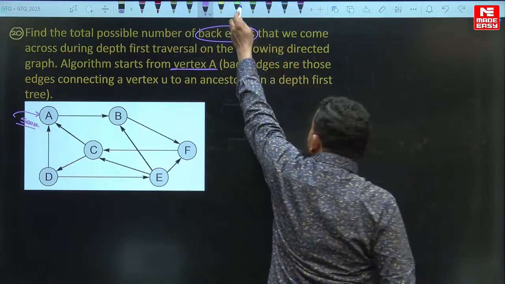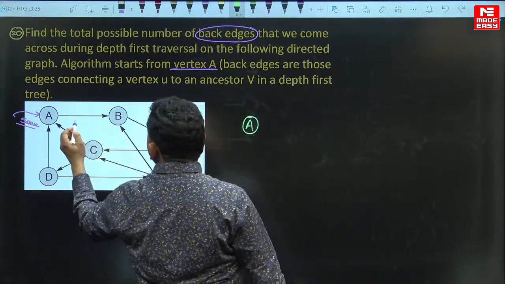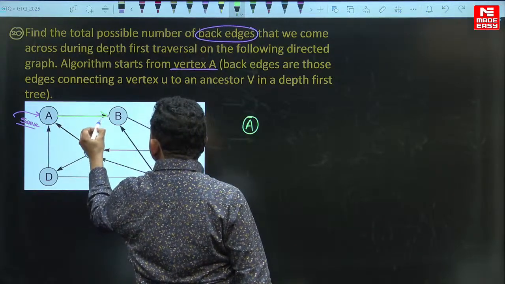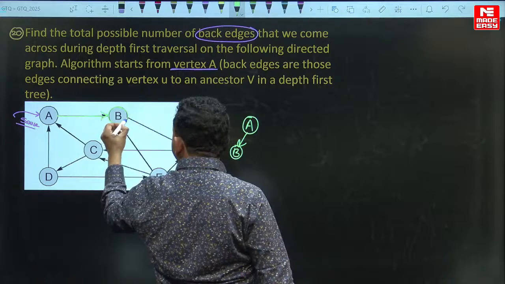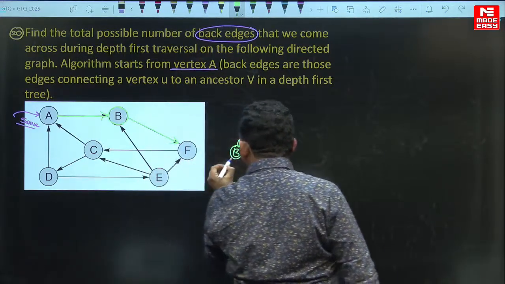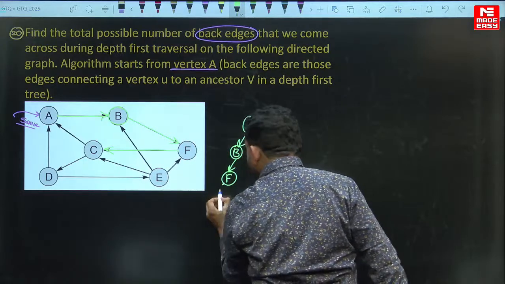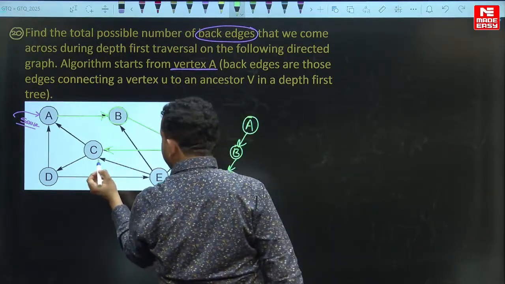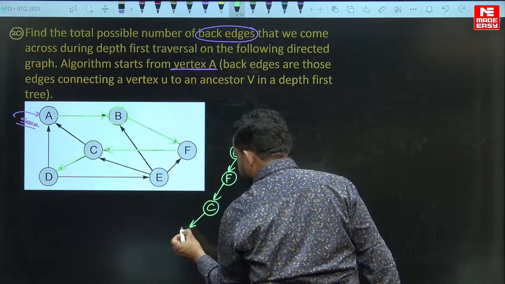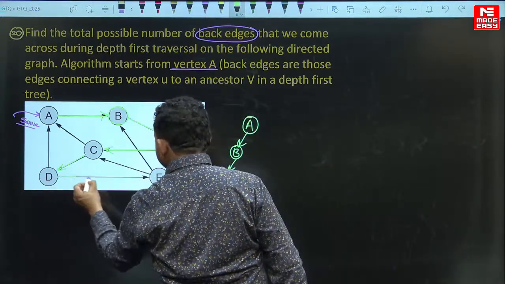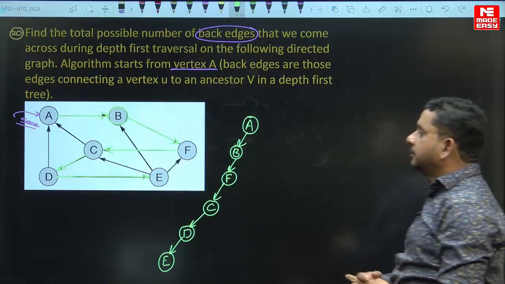Right. Okay, so just call that DFS. So A adjacent, okay, assume A adjacent B visited, and B adjacent, okay, let's say F visited, F adjacent C visited, and C adjacent D visited, and D adjacent E visited. Okay,